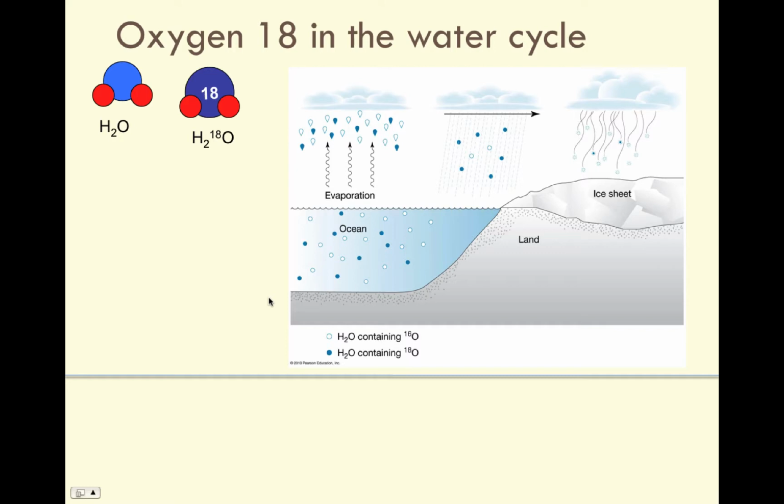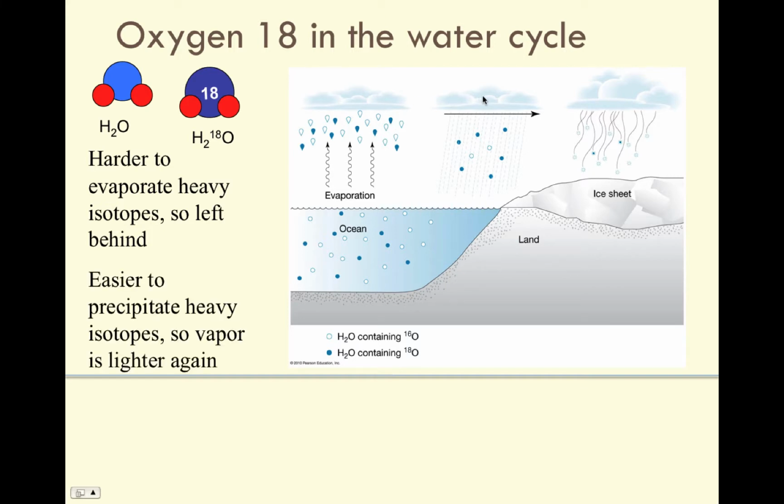So how this works in the water cycle, you say you have some ocean water with some certain ratio of heavy to light isotopes, H2O to H2O18. When evaporation occurs, it's easier to evaporate the lighter isotopes than it is the heavier isotopes. So you get more of those lighter isotopes evaporating. When it condenses, it goes the other direction. It's easier to condense out the heavy isotopes than the lighter isotopes. So therefore, in the water cycle, you tend to dump out or remove by precipitation the heavier isotopes anytime you have precipitation.